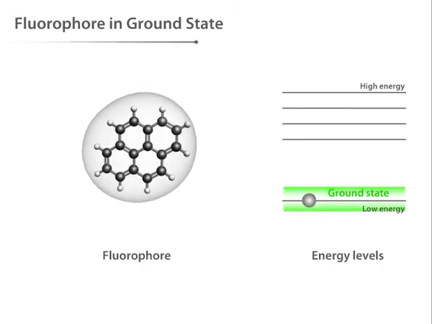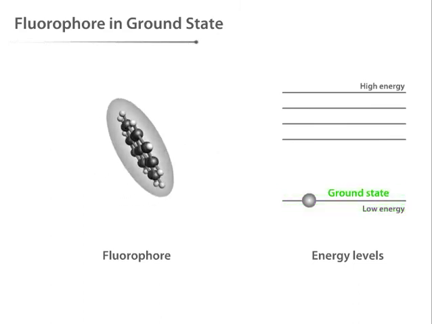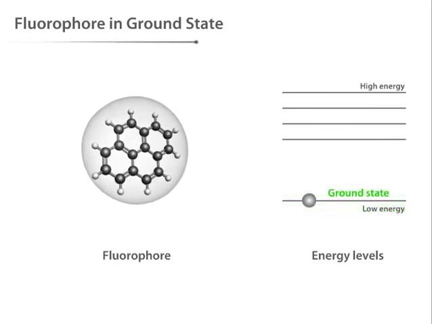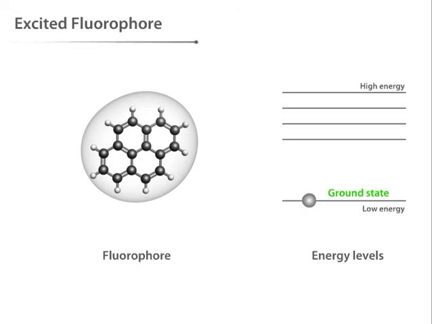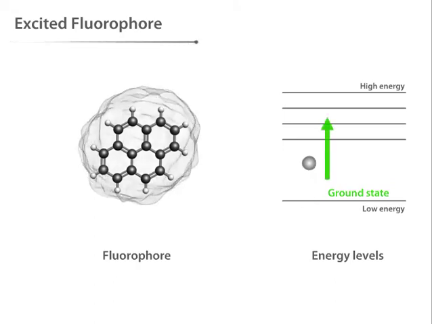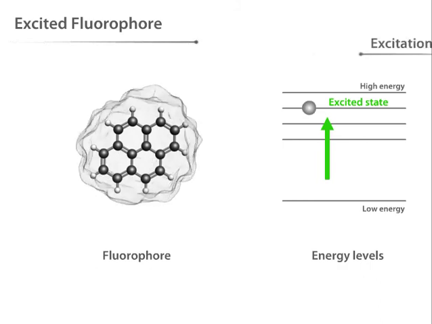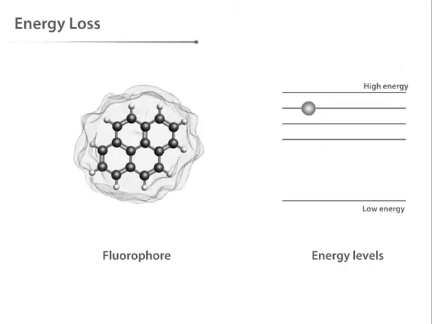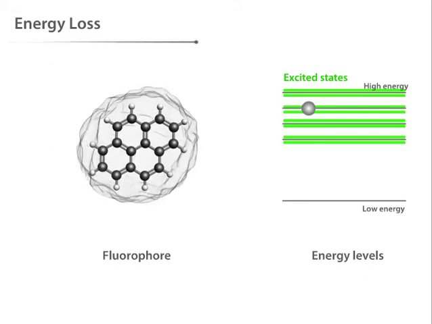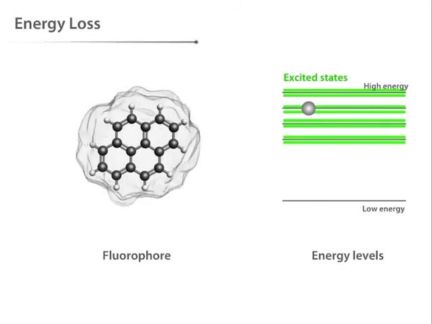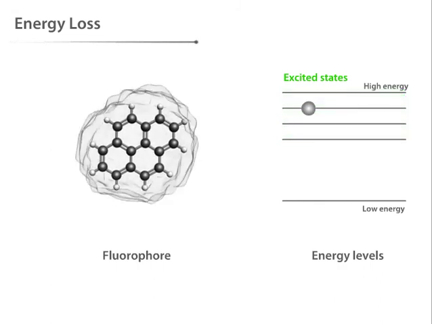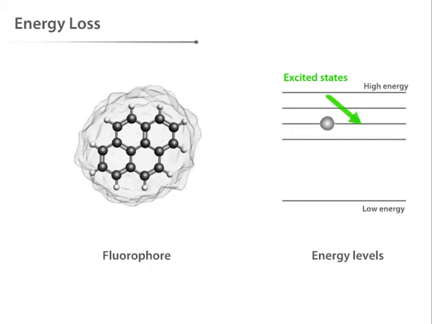In its ground state, the fluorophore molecule is in a relatively low-energy, stable configuration, and it does not fluoresce. When light from an external source hits a fluorophore molecule, the molecule can absorb the light energy. If the energy absorbed is sufficient, the molecule reaches a higher energy state called an excited state. This process is known as excitation. There are multiple excited states or energy levels that the fluorophore can attain, depending on the wavelength and energy of the external light source. Since the fluorophore is unstable at high energy configurations, it eventually adopts the lowest energy excited